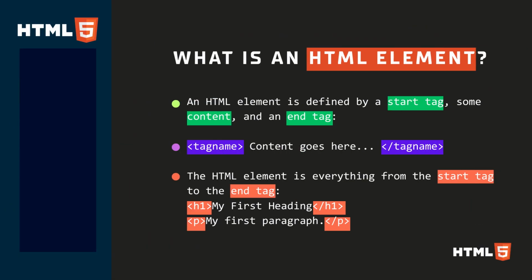An HTML element is defined by a start tag, some content, and an end tag. <tagname>content goes here</tagname>. The HTML element is everything from the start tag to the end tag. <h1>My First Heading</h1> <p>My first paragraph.</p>